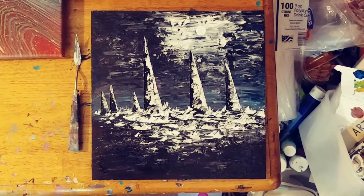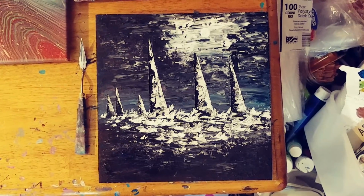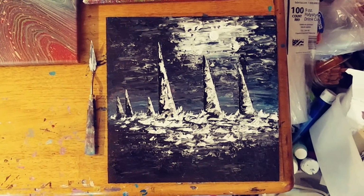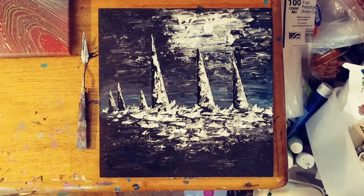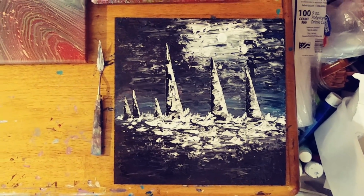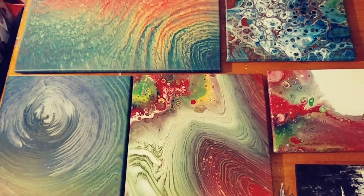But I have a thing for sailboats, so that's why, if I do abstracts, it's almost always sailboats. I started off actually doing this one as something different completely. Scraped it all off and it turned into sailboats, but what can I say? So there we go. There's the overview of the paintings